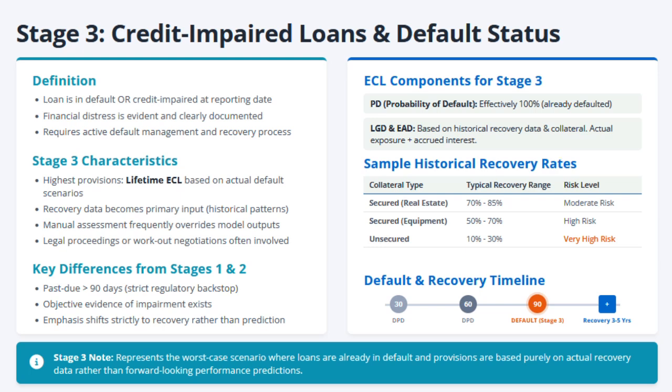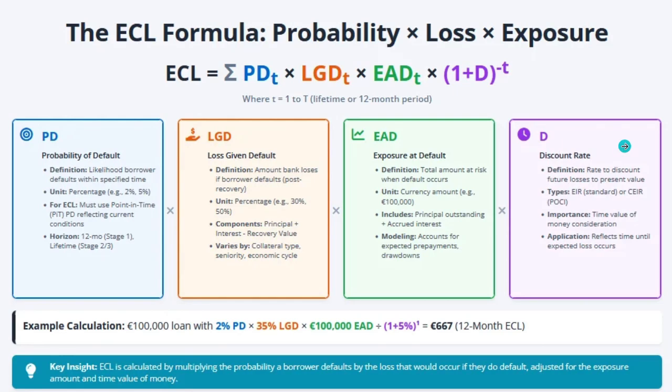But the underlying calculations are quite different since we are dealing with actual default situations and historical recovery data. The brilliance of this three-stage framework, from stage 1 to stage 2 and 3, is that it forces the banks to continuously monitor credit risk migration. A loan doesn't just sit in stage 1 indefinitely. It moves through stages based on actual changes in the borrower's creditworthiness. And this creates a dynamic provisioning model that reflects the real credit risk conditions.